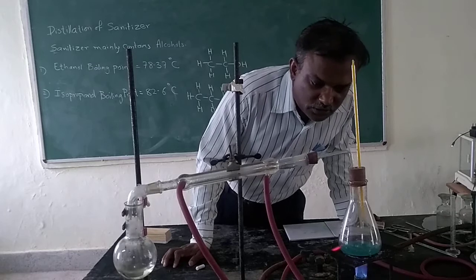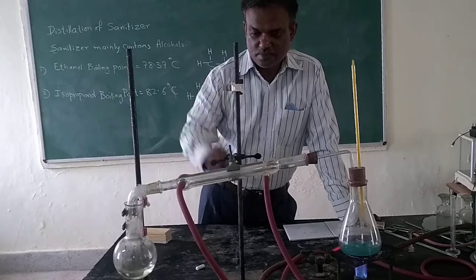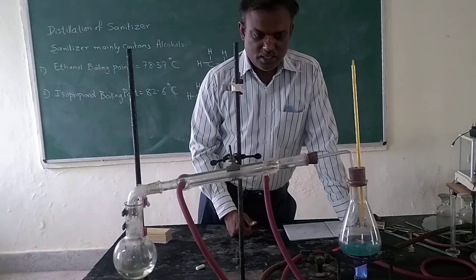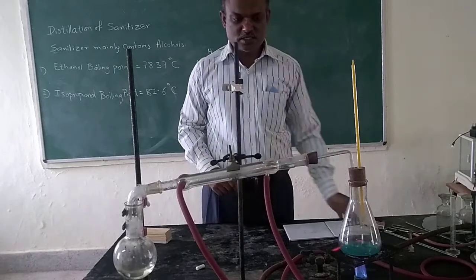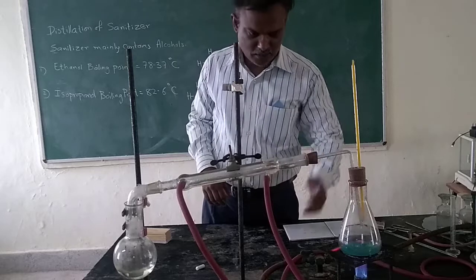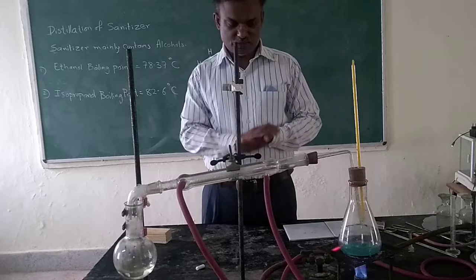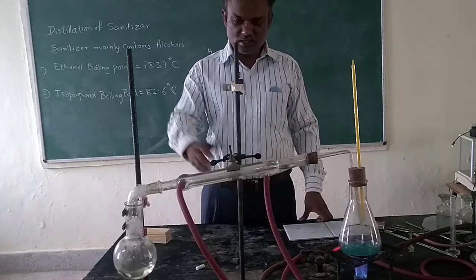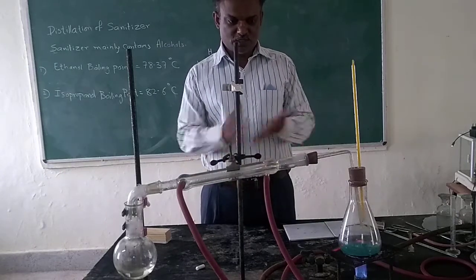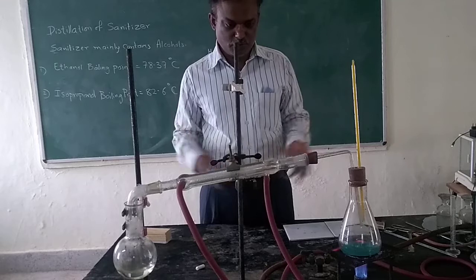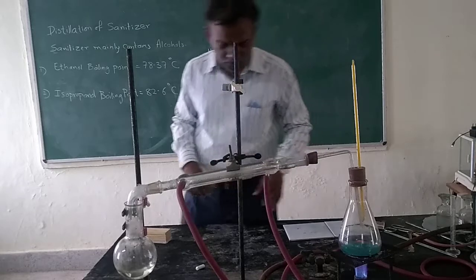So from this experiment we can say that the colored dye is mixed along with the isopropanol, and that is called an alcoholic sanitizer. So this is a sanitizer along with the dye. Some kind of sanitizing material, soap or colored substance, may be there, and it is mixed with the isopropyl alcohol or isopropanol, and the mixture of these two things forms the alcoholic sanitizer. Okay, thank you very much.